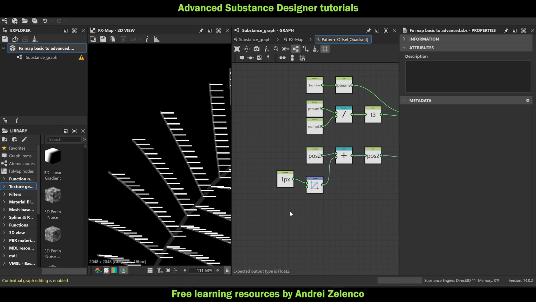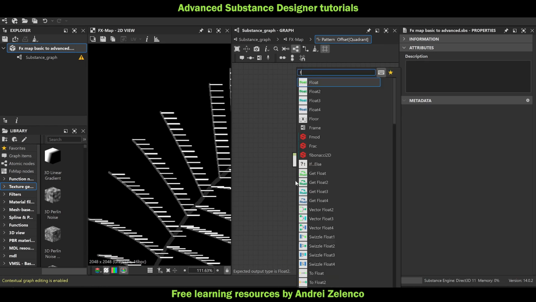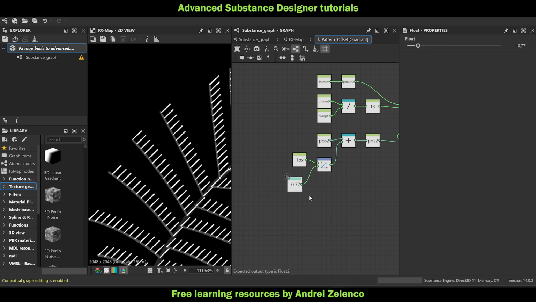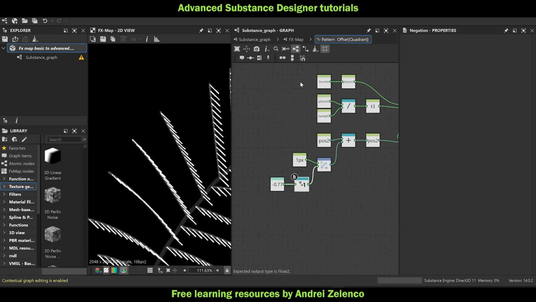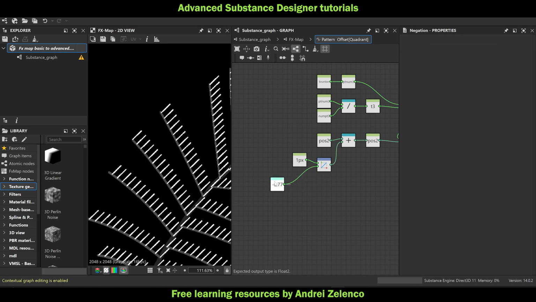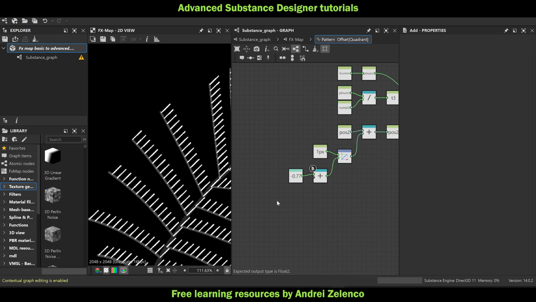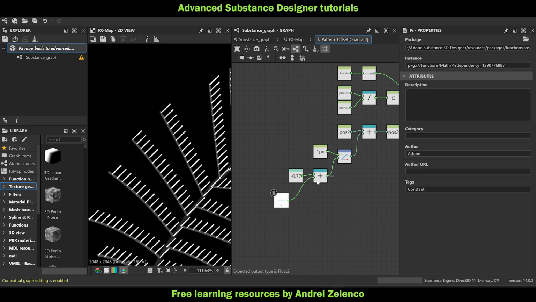Now we need to do something. So for example, float, just add a value here and just do something like this. And maybe if I just put a negate, I get them on the other side. But here I think it doesn't work this way, so I just want it opposite. So here I think I just need to add an 180 degree, which is just pi. So this and this,